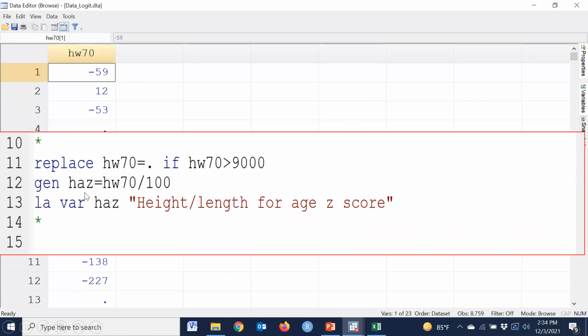Generate variable HAZ, that means height for age z-score, original variable divided by 100, and values greater than 9000 are flag variables and missing, and the label is height and length for age z-score. Generally, for children age 0 to 24 months we take length, and for more than 24 months, we use height.